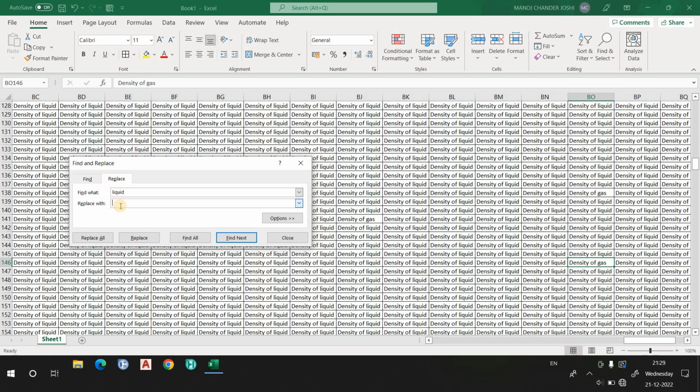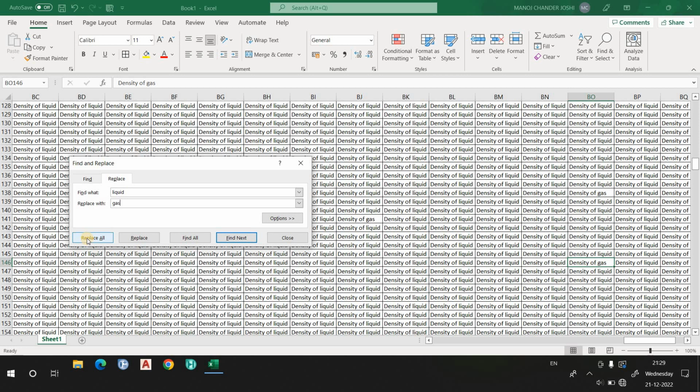Now replace with what? You want to replace the liquid with gas. If you select a particular cell, let's suppose the density of liquid, it will replace only that cell. But if you select replace all, it will replace all the liquid cells.